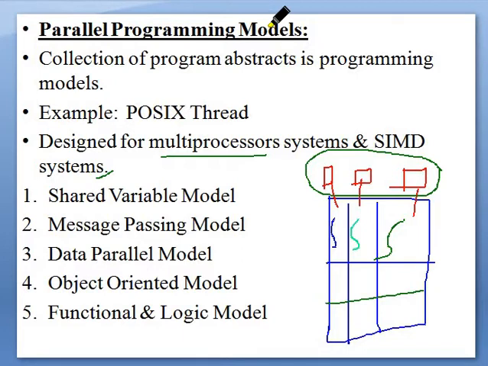Among the parallel programming models we have five different models. First one, shared variable model. Second, message passing model, then data parallel model, object oriented model, and last one, functional and logic model.